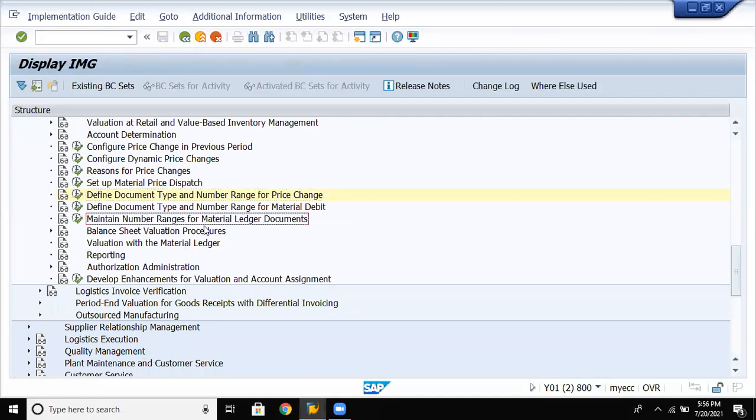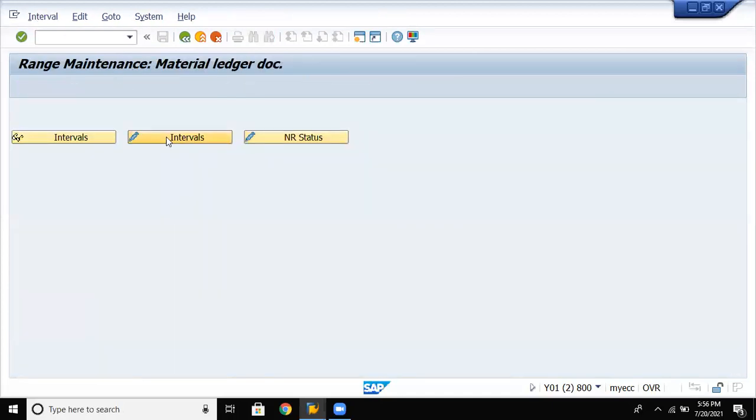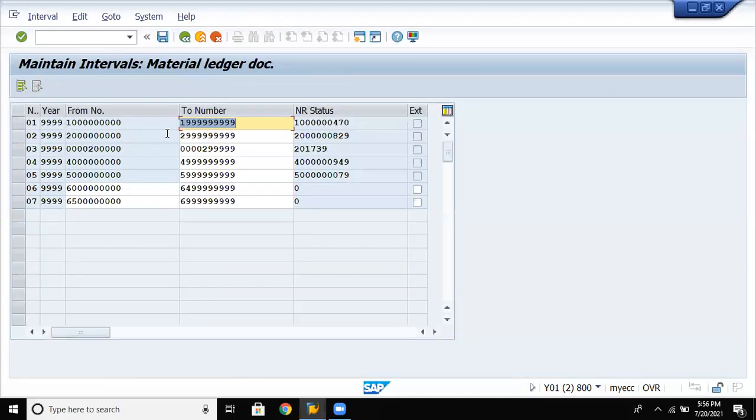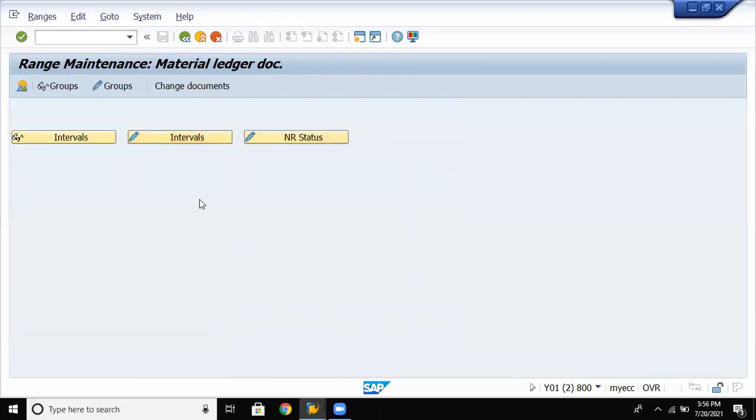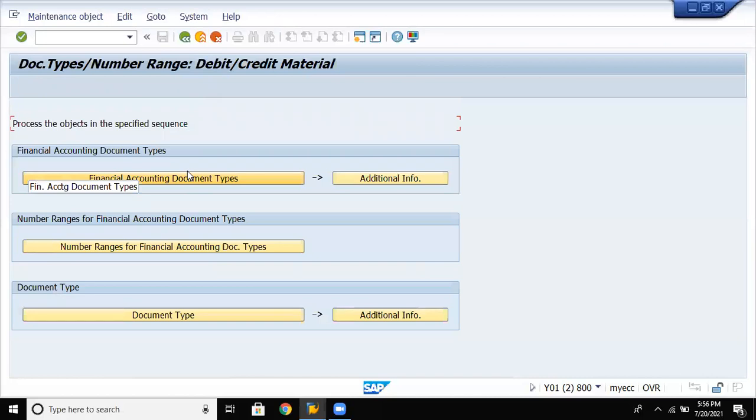Now maintain number ranges for your material ledger documents. Based on your material ledgers, you have to maintain your number ranges. For this, first we maintain document type for material debit. Then we maintain the ledger documents.